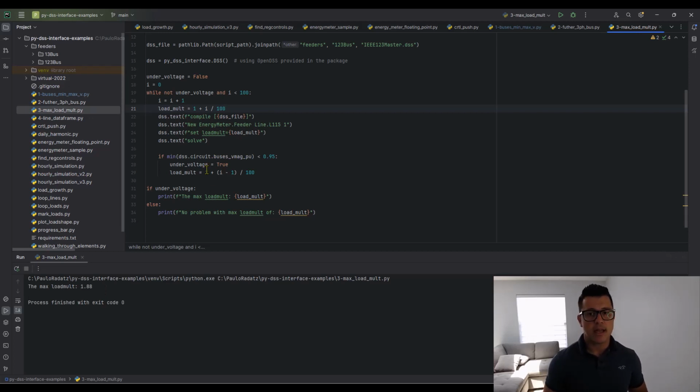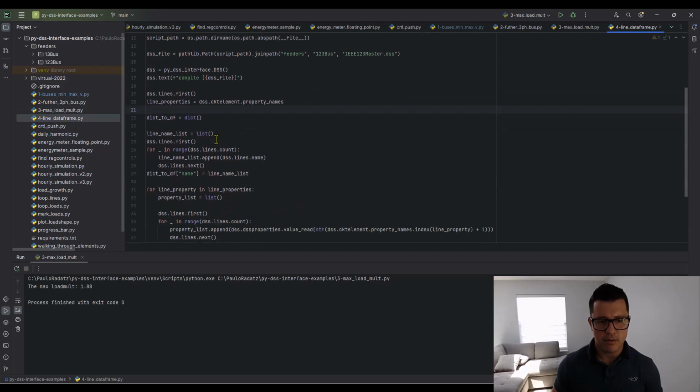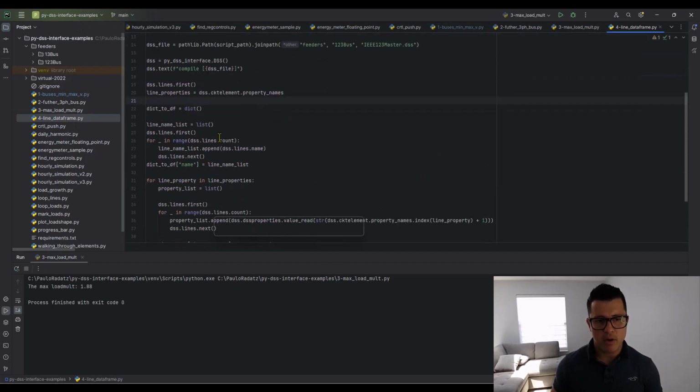So this is something that if you try to do in OpenDSS, you see this loop, it's gonna be really hard. You need to type, run, check, type, run, check. So it's something that will take a lot of time, so using a programming language like this can definitely help you. And another example I have for you in this video, I pretty much combined